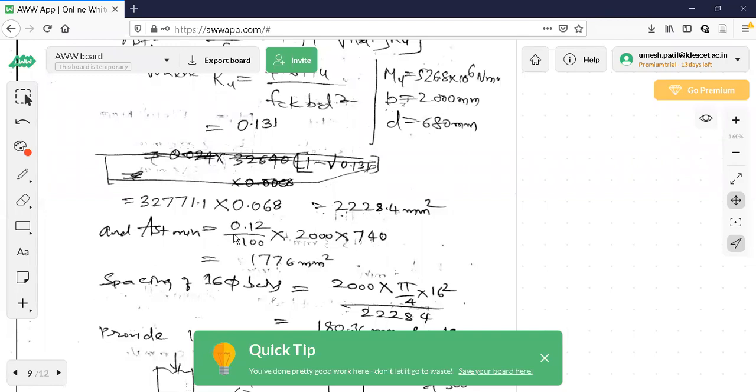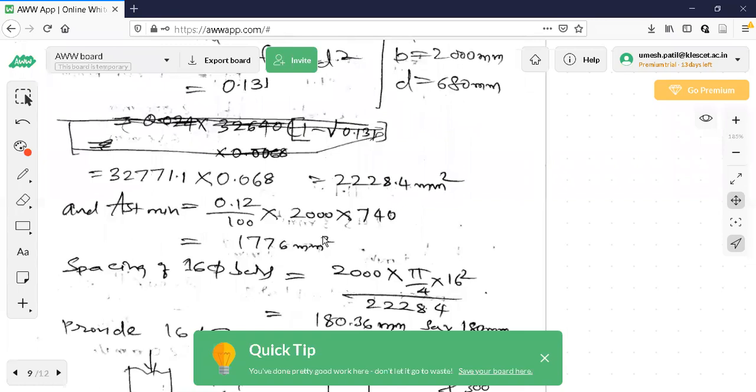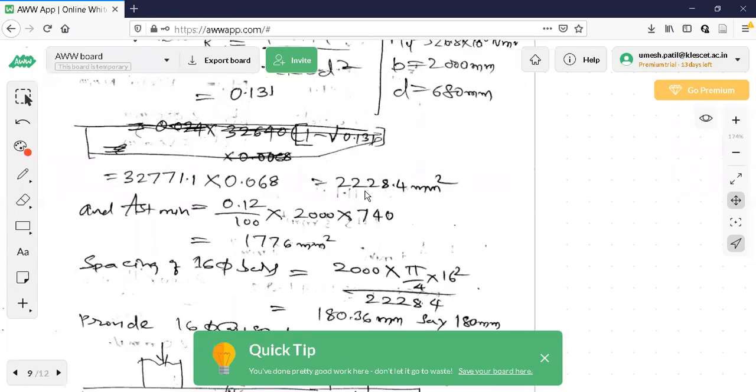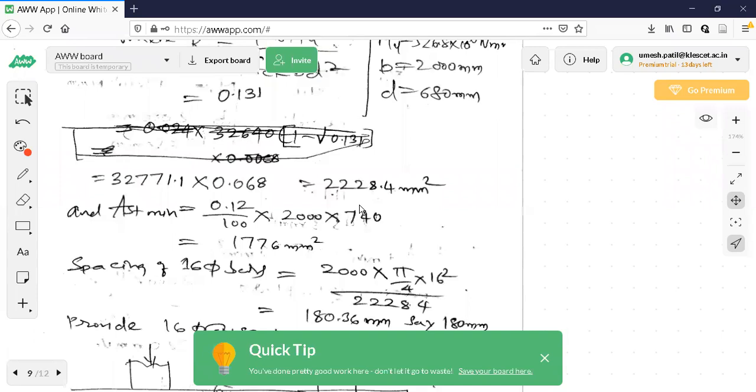AST minimum is 0.12% of gross area. Observe here. Using factored bending moment, I am able to find the AST value, because this is factored bending moment. So this AST value should not be less than AST minimum. So 0.12 by 100 means